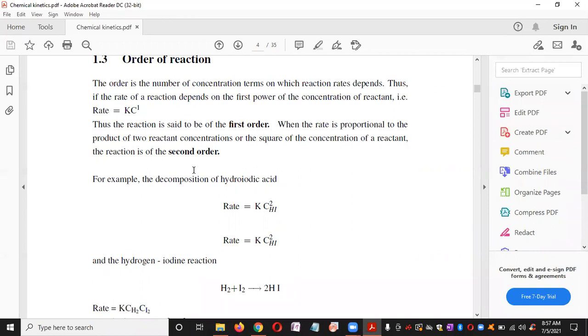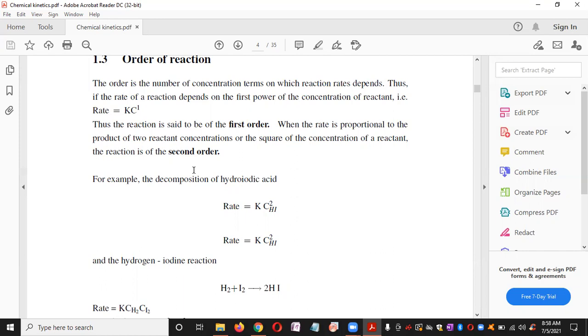But irrespective of the number of steps involved, at least one step moves very slowly and the remaining steps are fast. The slow step is known as the rate determination step. The slow step in a complex reaction is known as the rate determination step, and the number of reacting molecules involved in that step influences the rate of reaction.